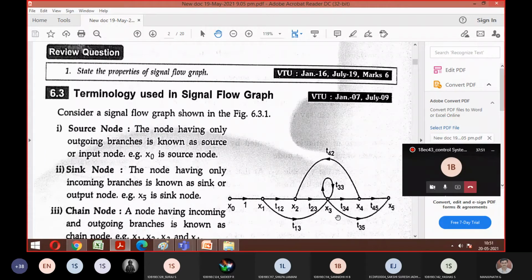I hope everyone got what is the meaning of node already. Everyone knows what is the meaning of node? Yes, sir. So node means 2 or more branches connected to it. Correct? What you learned in your network theory, the same concept repeats here. Now look here. They are given specific names because you have different nodes, so you should be very specific. If I say source, what is the meaning of source?